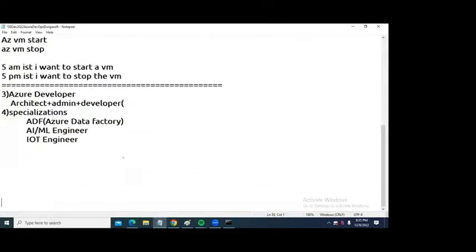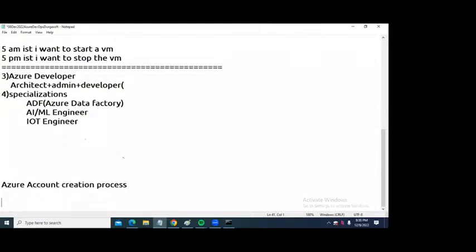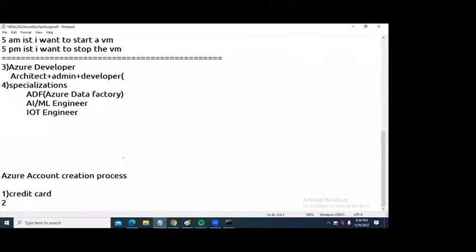Now, yesterday I did not show the Azure account creation process. I think some of you have an Azure free tier account. All you need is one credit card. It is better to have a Microsoft account.